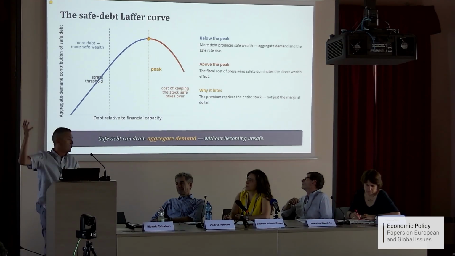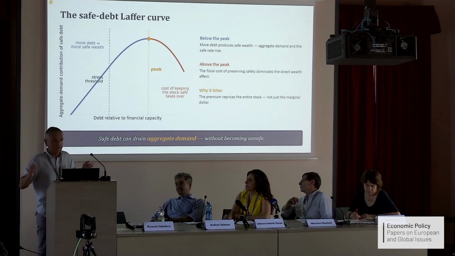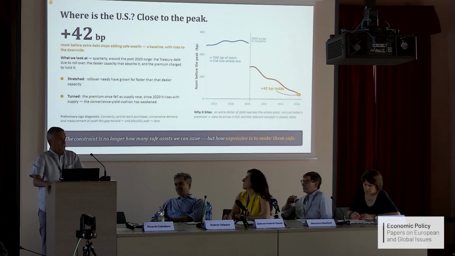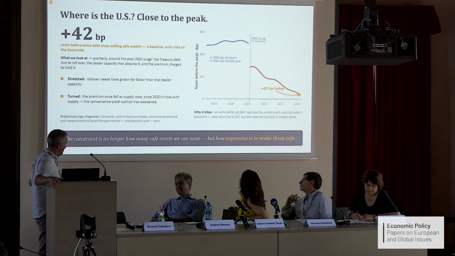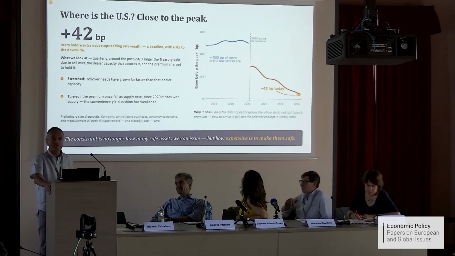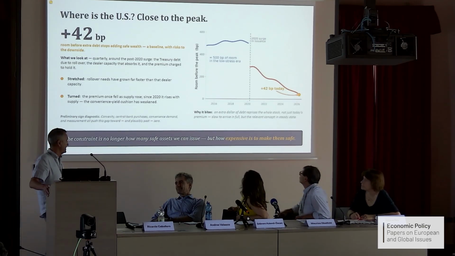So the other forms of wealth can boost aggregate demand. In this particular little model, human wealth goes up, and therefore that restores equilibrium. But you get this downward shape as a result of that. And this is really preliminary, a week old. So the question is, where is the US now? If I think in terms of this model, where is the US now?